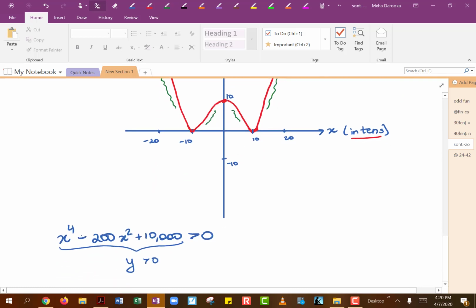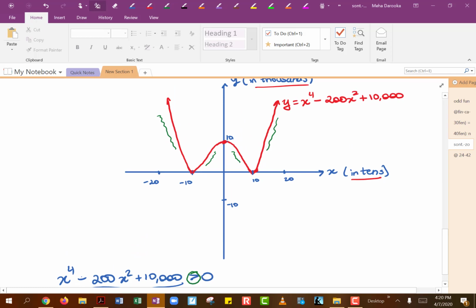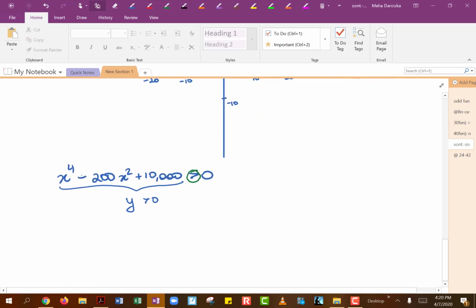Now, since this is a greater than only inequality, that means we cannot use these points right here, because this is where your y value is going to be equal to 0. So I cannot use these points when I'm writing down my solution set. So when you are writing down the solution set for this example, you are actually going to write it as,